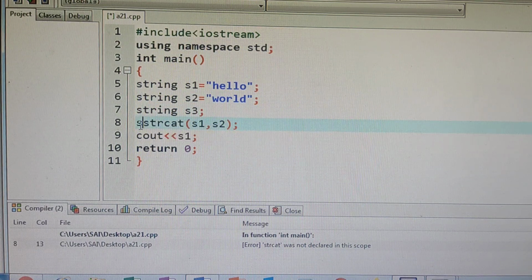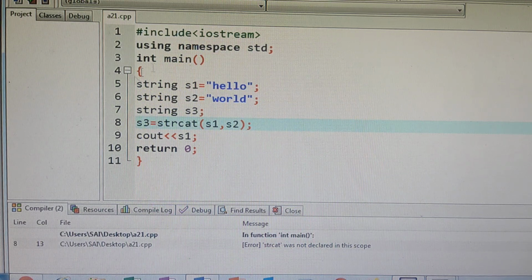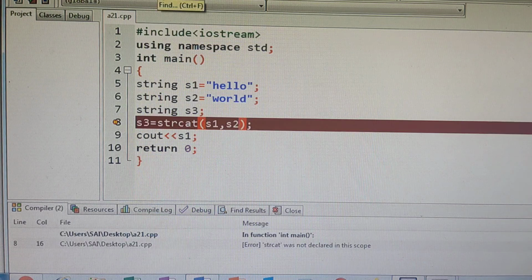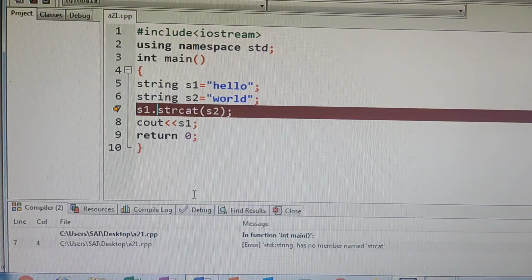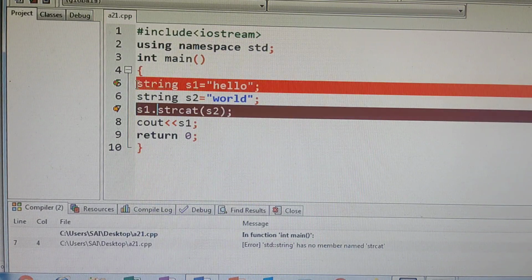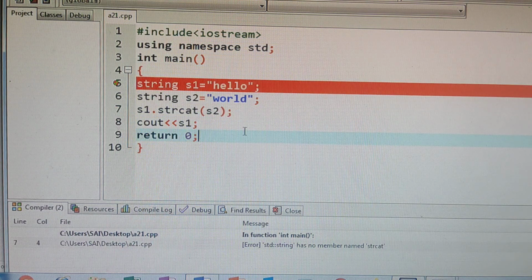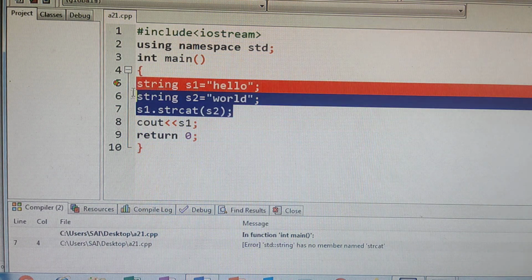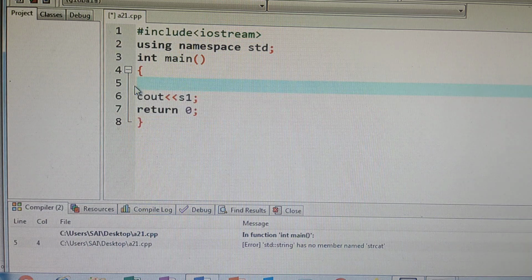Now s3 equals to. It is not taking as a string. We'll add a user character. We'll see whether we'll get the same error or not. It is not accepting as a string data type.